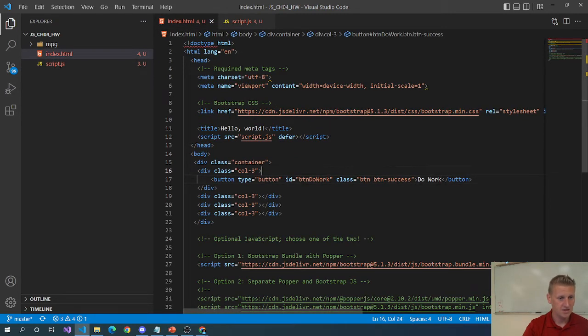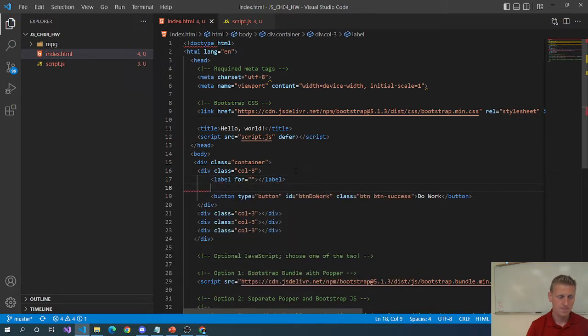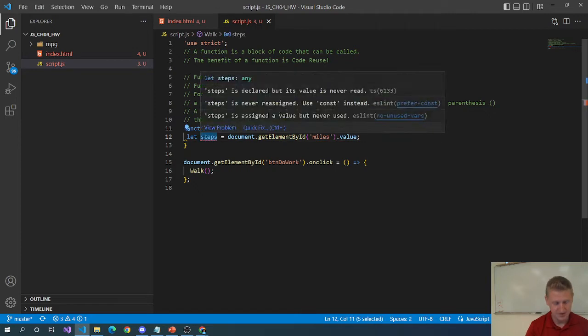We're going to ask the user to enter a number of miles, text miles, button do work. So now I'm going to read the steps from the miles text box. I'll put this miles,